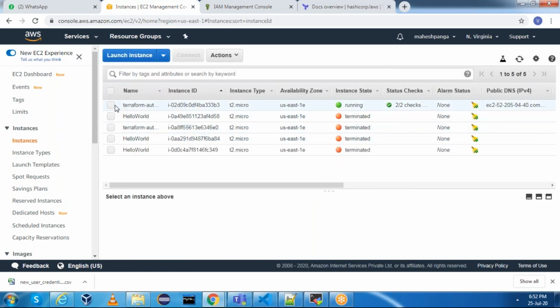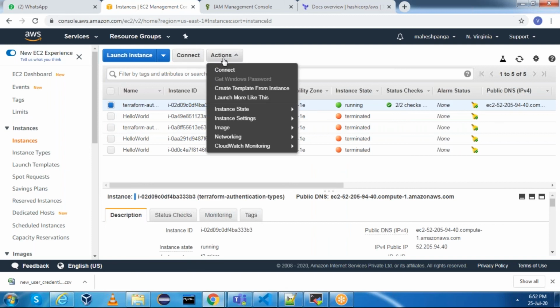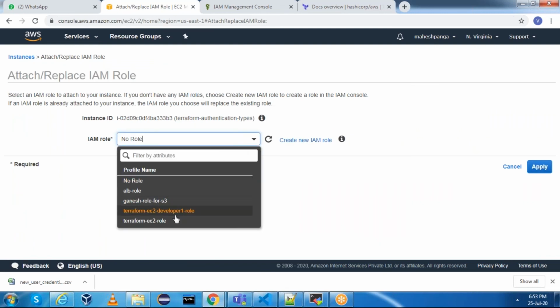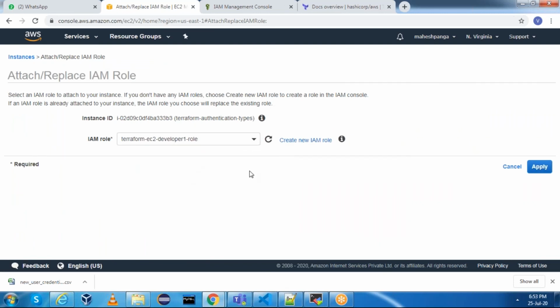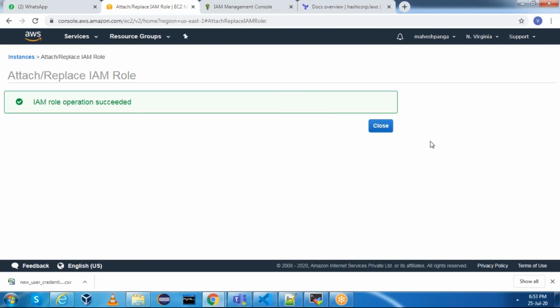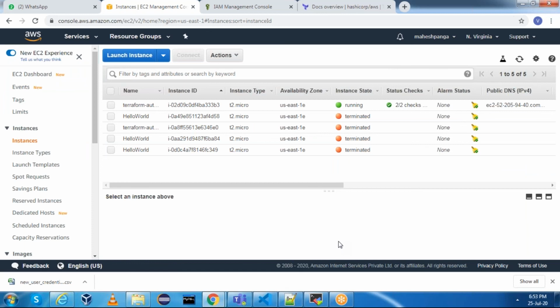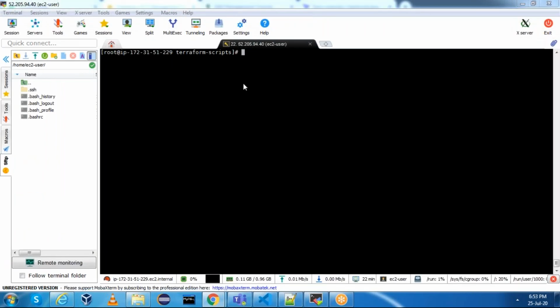Select the instance. This is our instance. Actions, instance settings, attach or replace IAM role. Here select Terraform EC2 developer one role. Click on apply. Now we are not using static credentials, and we are not using environment variables, and we are not using shared credentials file. We are using EC2 role, which is recommended approach.